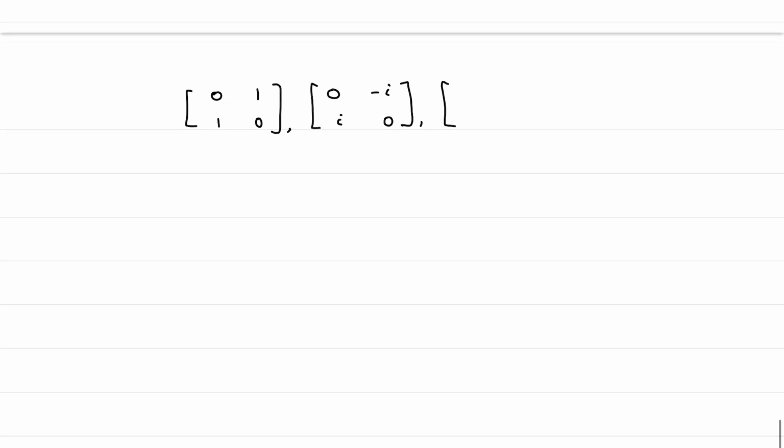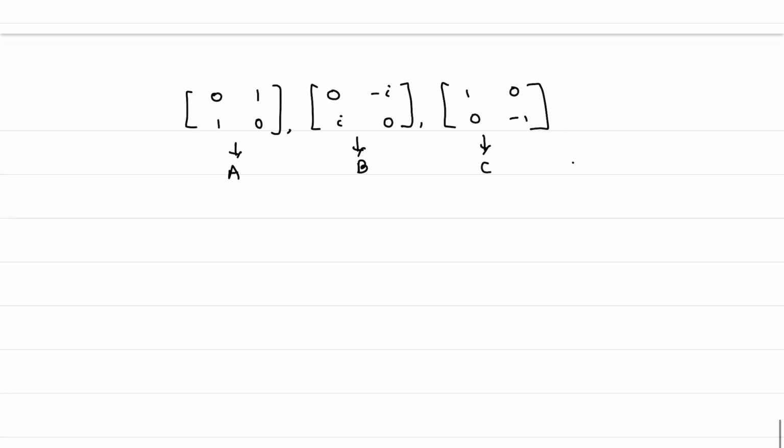0, 1, 1, 0, and the second Pauli matrix is 0, minus i, i, 0. Third Pauli matrix is 1, 0, 0, minus 1. If this is A, this is B, and this is C. Try to prove